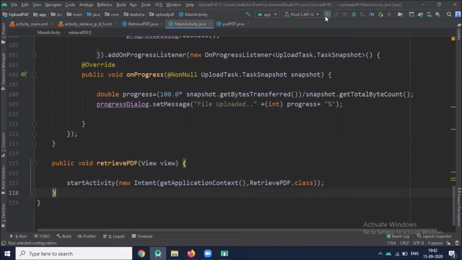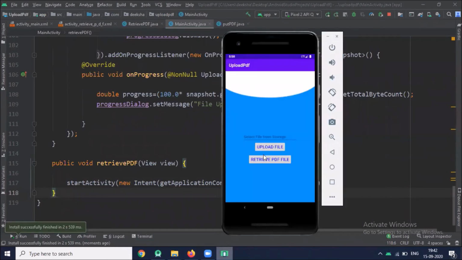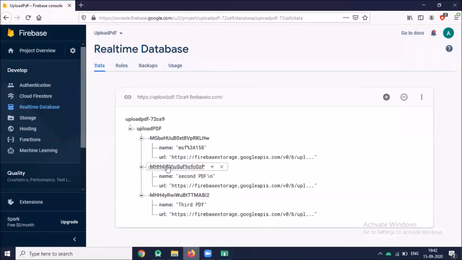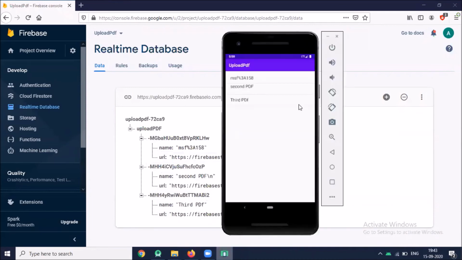So now run the project. When I click on retrieve PDF file, it displays 3 files. Open your Firebase console. Here you can see I've stored 3 files in Firebase. The name of my first PDF file is MSF percentage 3A158. Second is second name PDF and third is third PDF. So here you can see 3 PDFs.